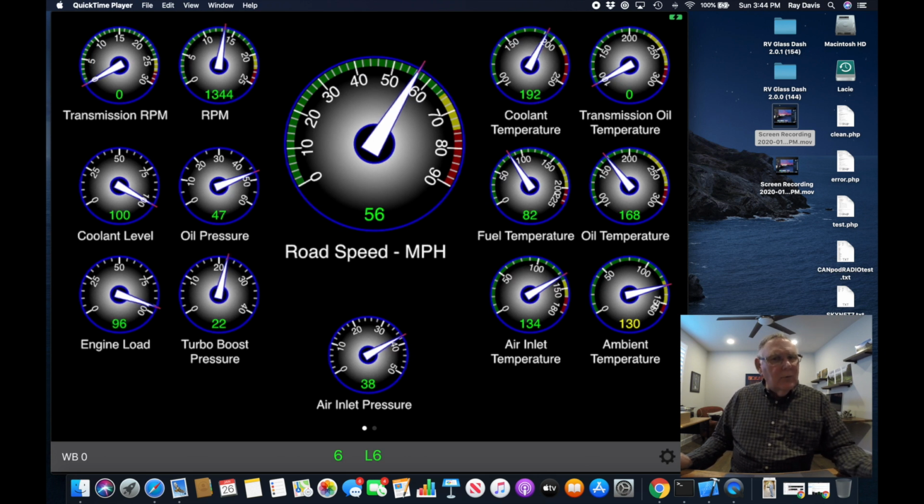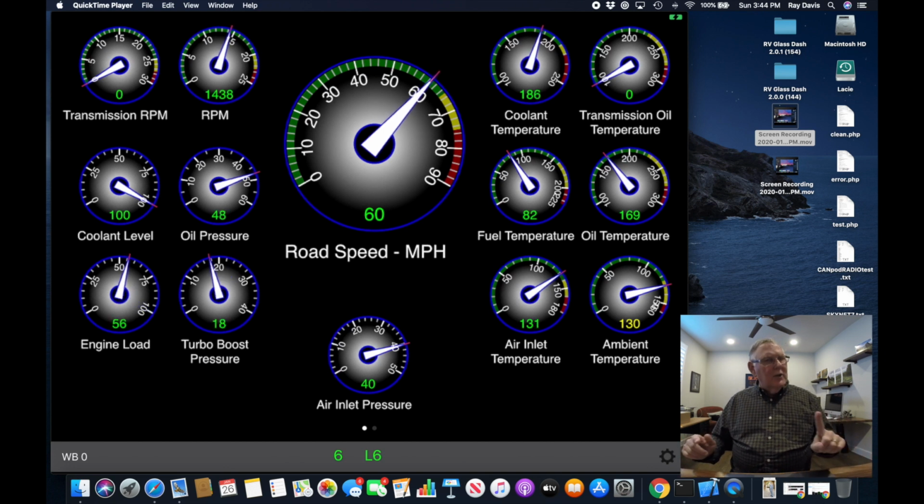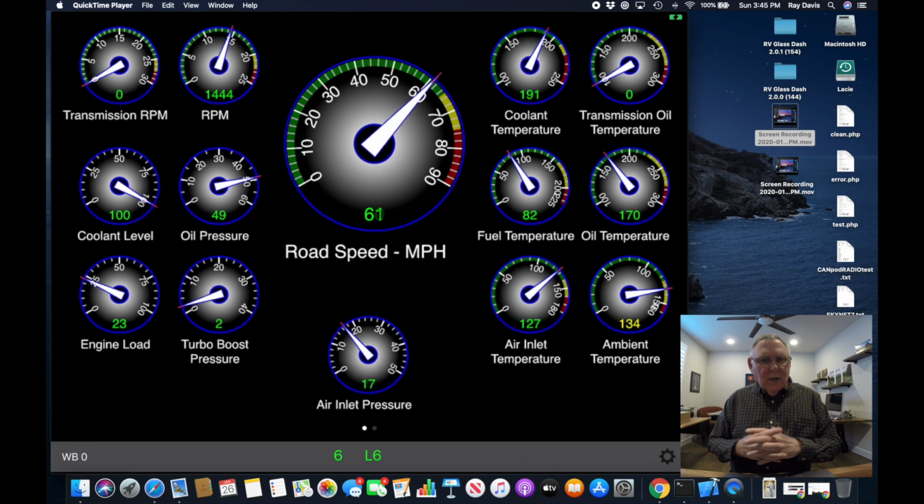gauges. When all we really need to do is tell those 2 gauges that are broken what actual device is sending this information. And that's the major change between the previous build and this build, is that the early builds ignored whichever device, and it simply looked for a particular message, in this case like transmission oil or transmission RPM, and it didn't care which device sent it. This caused problems later, and I'll show this in another video, but now we need to listen to what device